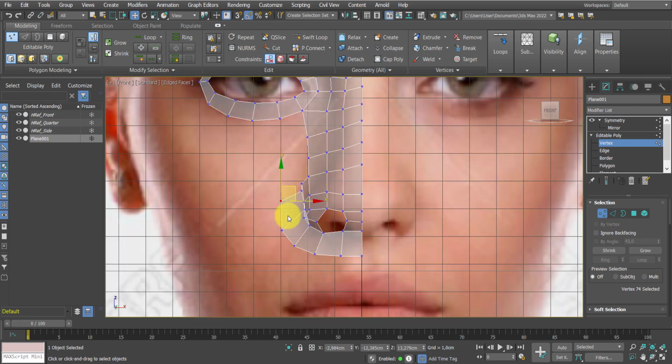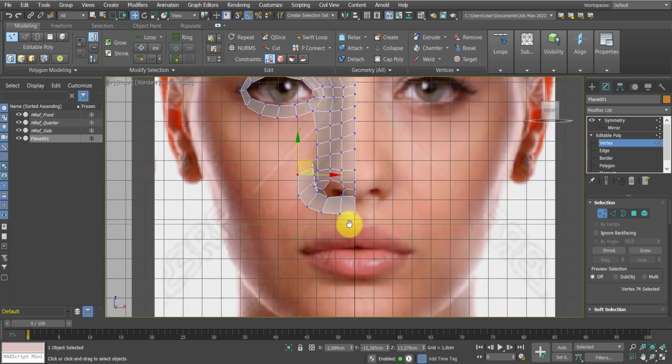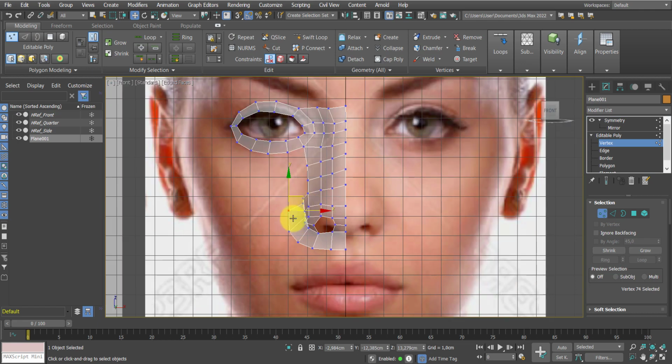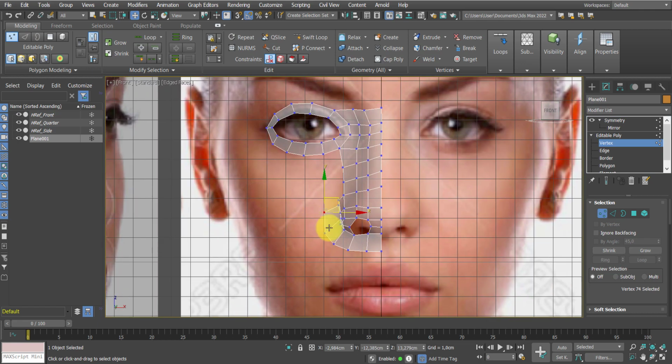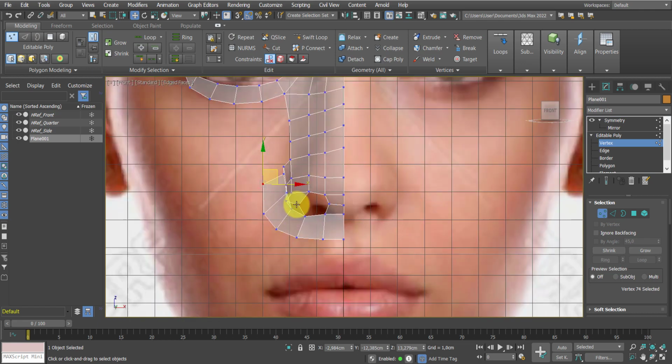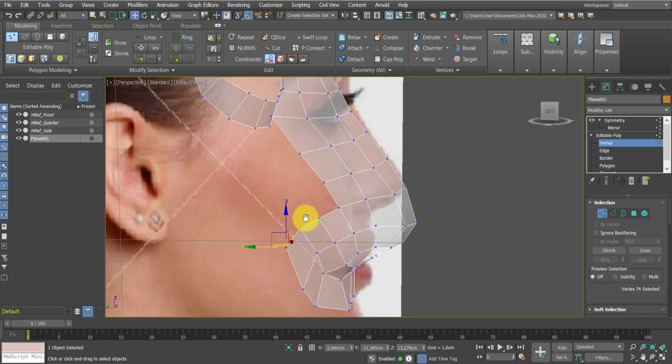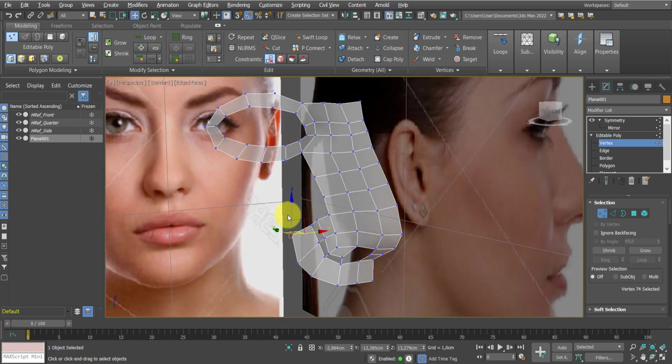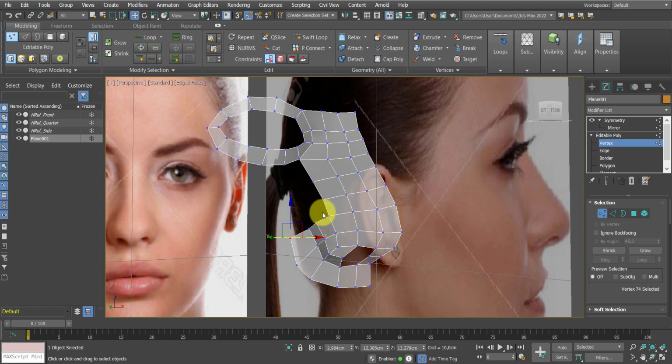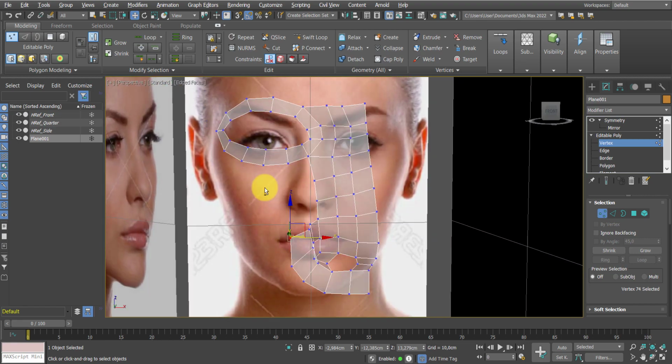Going to front viewport, checking. Alright, so this is a nice kind of spider web that will go. So this one will go in this direction, this one will go naturally towards this. Let me fill the gaps we have. So we have one stripe of polygons going here, one stripe of polygons going here, and